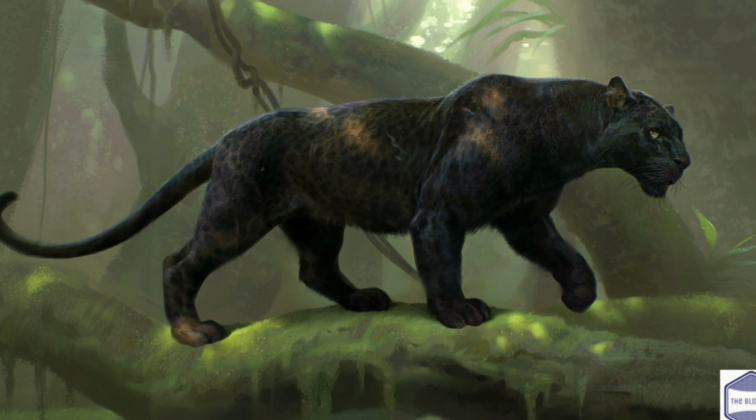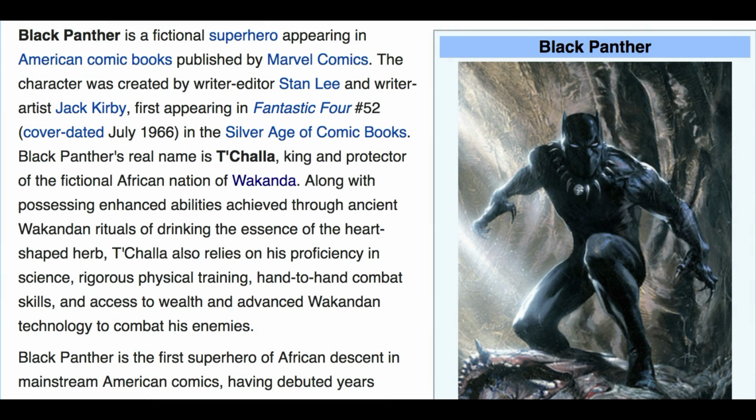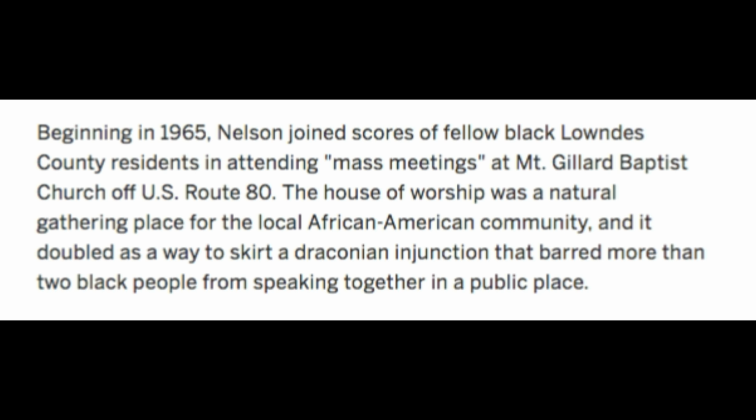What is the significance of this? Well, the Black Panther character from Marvel, as it says here, is a fictional superhero appearing in American comic books published by Marvel Comics. The character was created by writer-editor Stan Lee and writer-artist Jack Kirby, first appearing in Fantastic Four issue number 52, cover dated July 1966, a year later than the group in Alabama, the Black Panther Party, was formed. A year later, right? So returning to the founding of the Black Panther Party in Alabama, it says here,